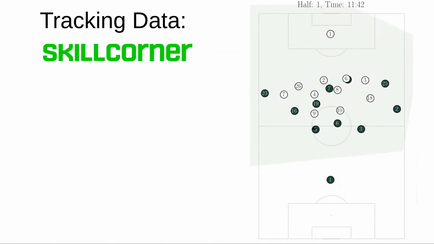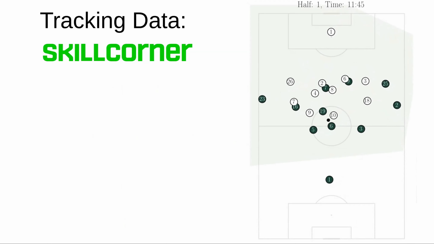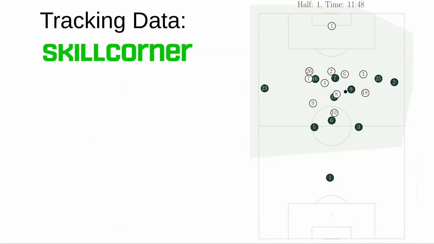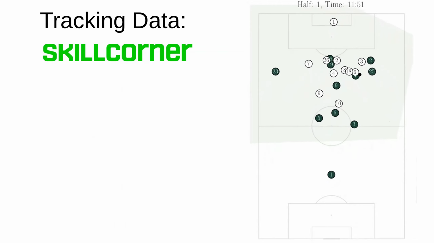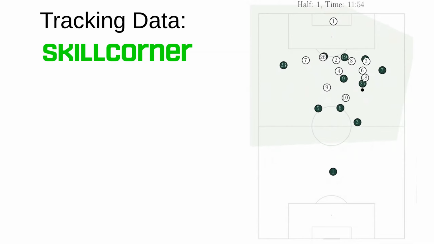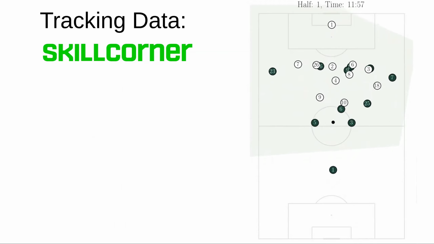As you can see on the right side, this is from the first half, just before the hydration break, and you can see that Mexico was really pushing high up on the pitch, trying to score the first goal, and England were sitting in a low block, if you have watched the match, which was probably in the middle